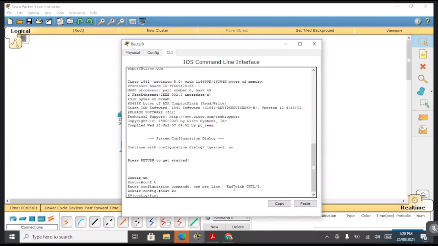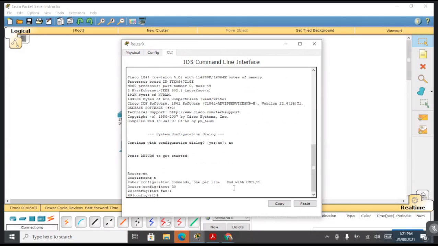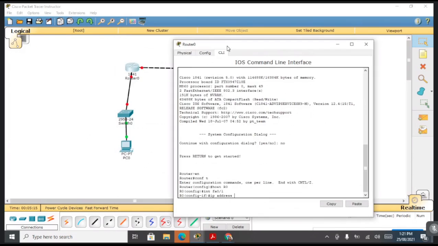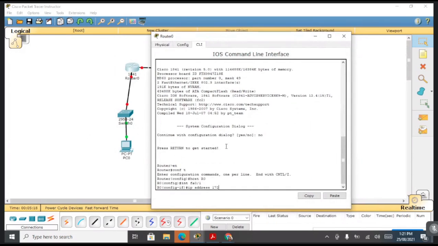Then interface fast ethernet 0/1, ip address 172.16.0.1, and subnet mask is 255.255.0.0. Okay, no shut.